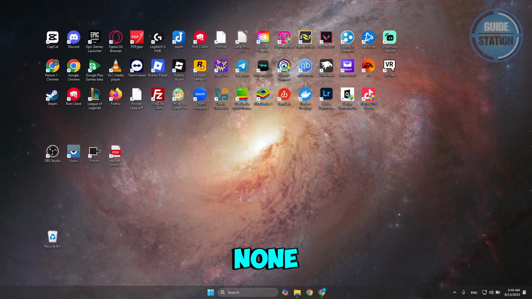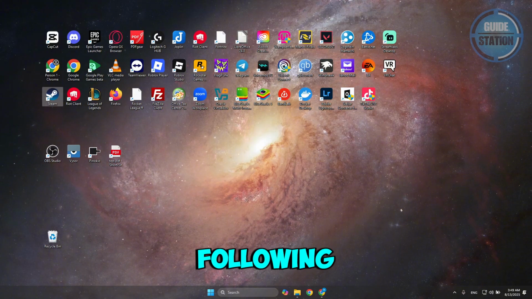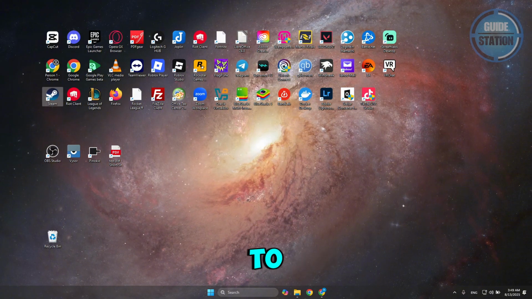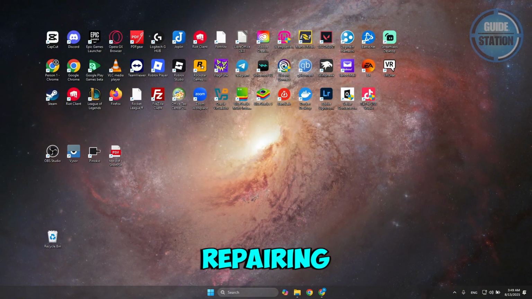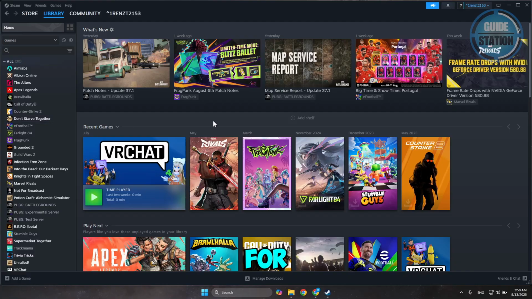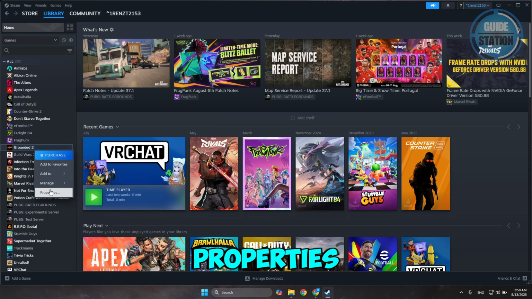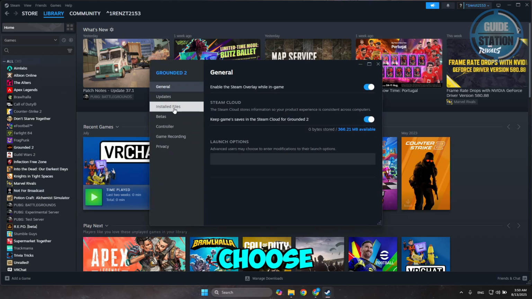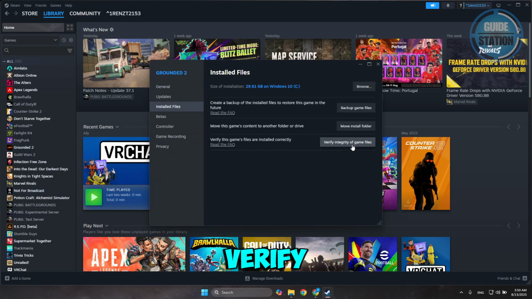Now if none of this works, the final thing that you could try doing here is to try repairing the game itself. So for example, if you got Red Dead Redemption here via Steam, what you need to do is look in your library here, right click on it, go to properties, choose the install files option and click on verify integrity of game